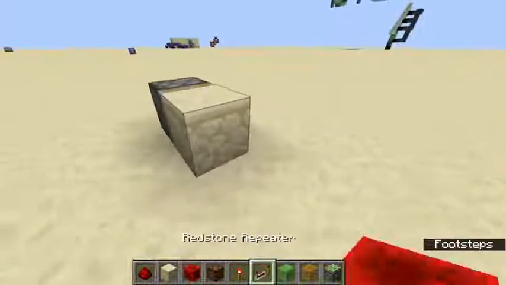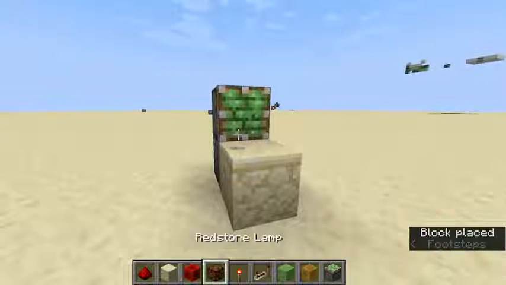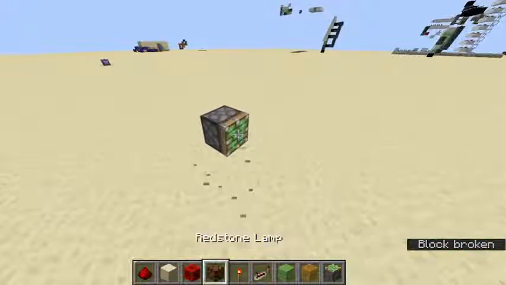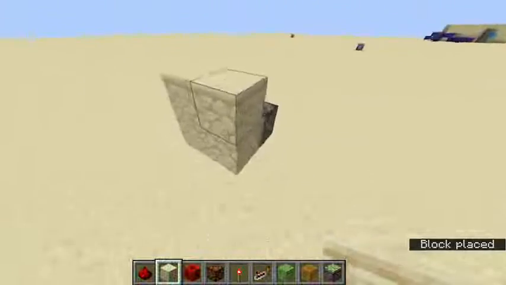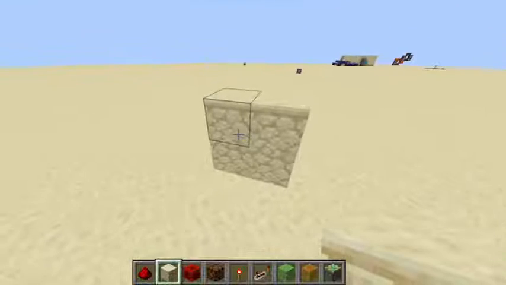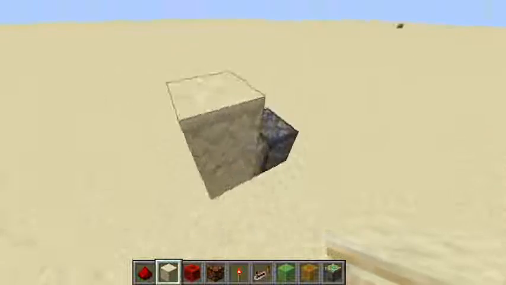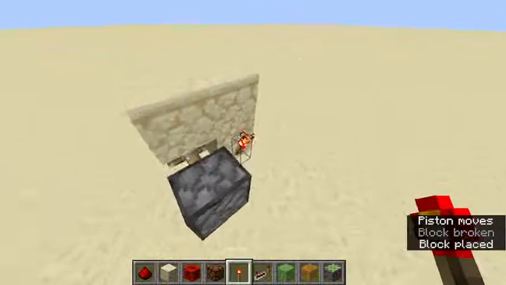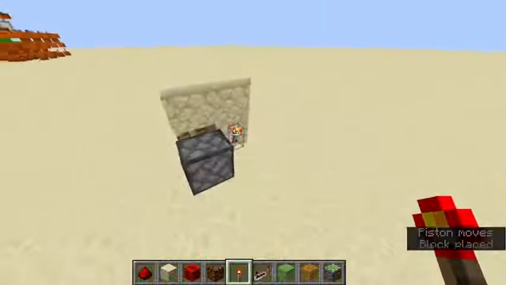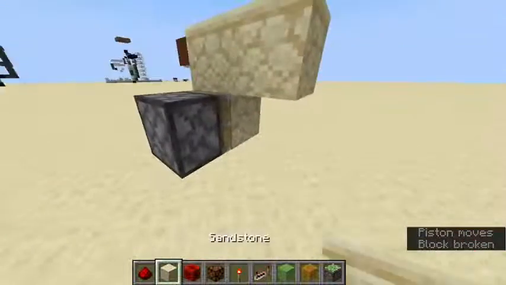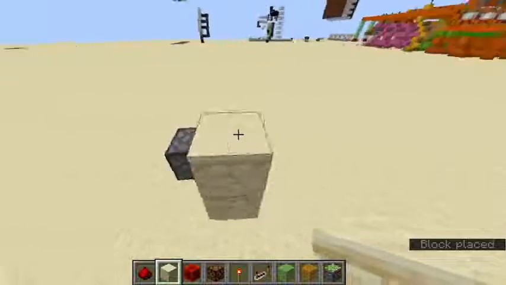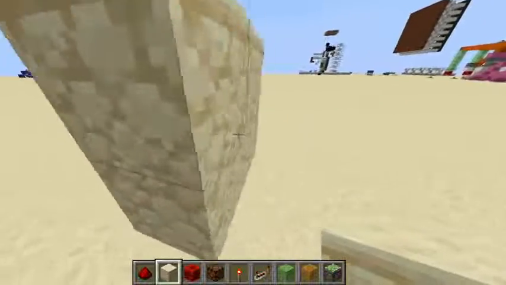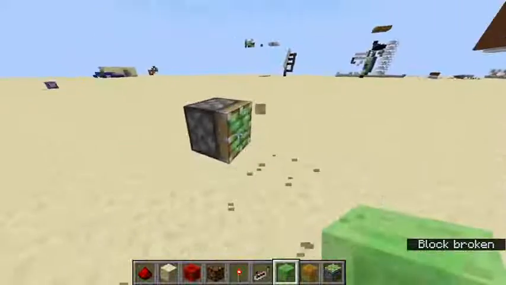But say you want to push multiple blocks at a time, say 9 blocks instead, or even just 4 blocks like this. It would be kind of hard to push these 4 blocks because just one piston will only push 1 block, so you would need 1 piston on each of these blocks. But that would mean that you would need to individually power all of them, and it can get confusing. So with slime and honey blocks,